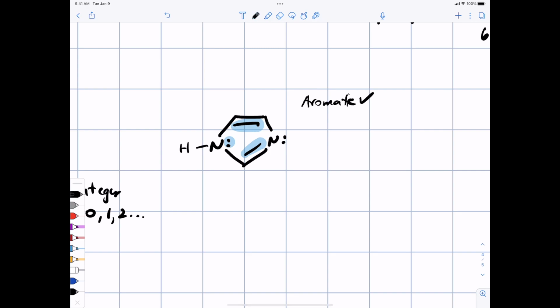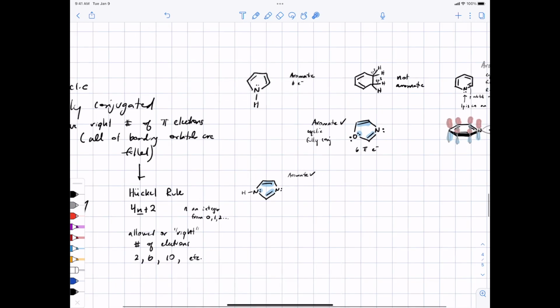Because that nitrogen is sp2 hybridized. You can account for each of the sp2 orbitals in the sigma bond. So the only place for that lone pair to be is in a p orbital where it's conjugated with the other electrons. Okay, so